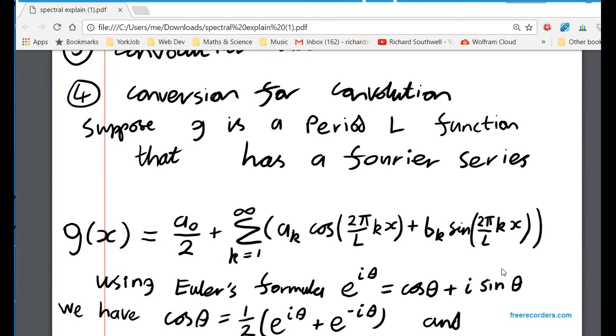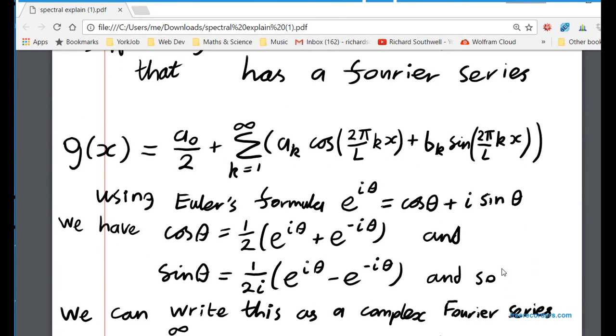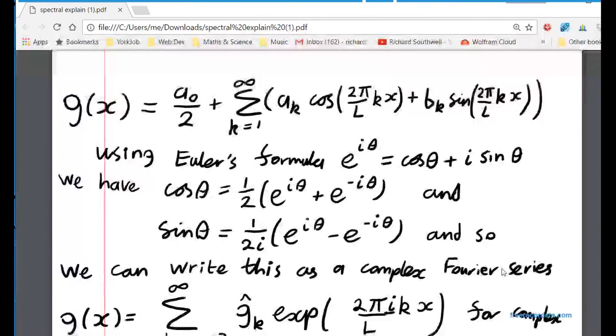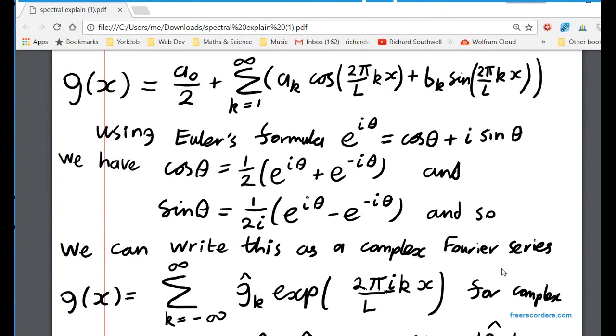It turns out to be a lot more succinct just to change everything into the idea of complex exponentials. So we use Euler's formula, e to the i theta equals cosine theta plus i sine theta, and then we can basically use that formula to rewrite what cosine theta and sine theta are in terms of complex exponentials. And if we just substitute those into that formula,